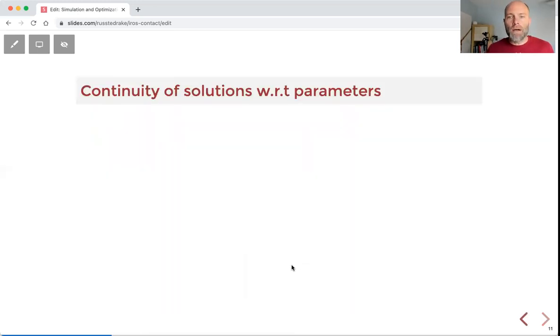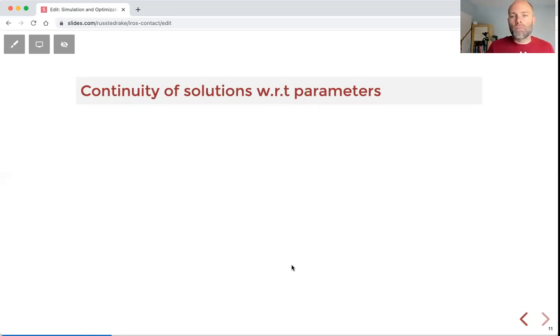So let's think about the implication of the continuity argument I was telling you about with the kind of optimizations we're seeing in learning dexterity or other similar problems. The first thing I want to point out is that this discontinuity with respect to velocity is a discontinuity in time. That is slightly different than the gradients that we are taking in an optimization problem.